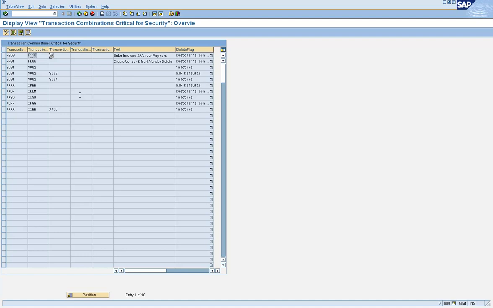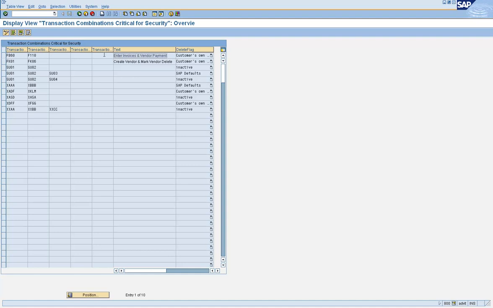So in this example, let's take the user already has FB60, and somebody who is not following the process properly can add F110 to that user ID. Give access to a role which contains F110 and assign it to that person. Now that person has FB60 as well as F110, which means he has the ability to commit fraud. But how would somebody know that such a thing has happened?